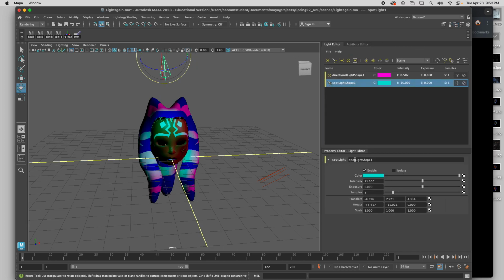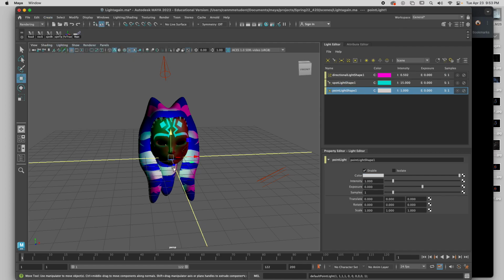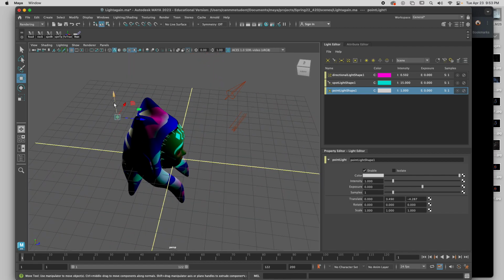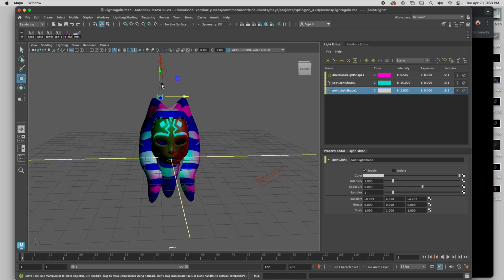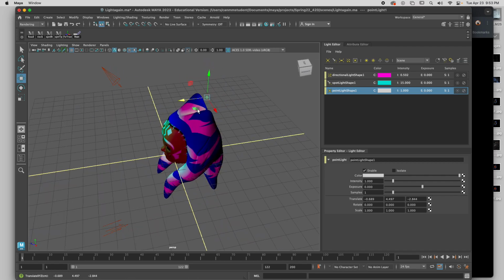Okay, lastly, I'm going to make a point light. Not ambient, I'm sorry, a point light. Create lights, point lights. Point lights are very bright. They go on forever in every single direction. And I want the point light to shine right behind the character's head. And this is called backlighting. Now, I could do backlighting with a spotlight. I'm just showing you the different types of lights that you'd like to use. And instead of having a focused angle, this one's like a spotlight, but just hits every single